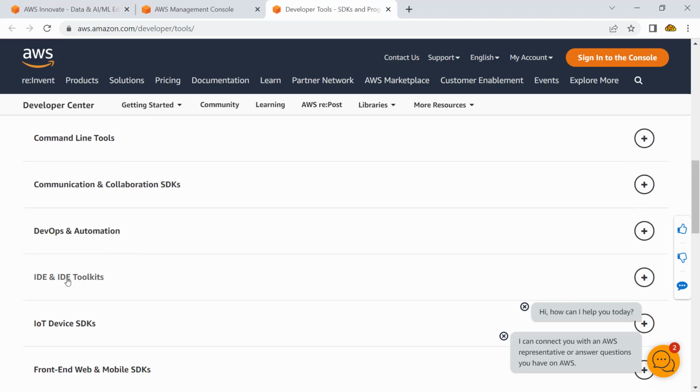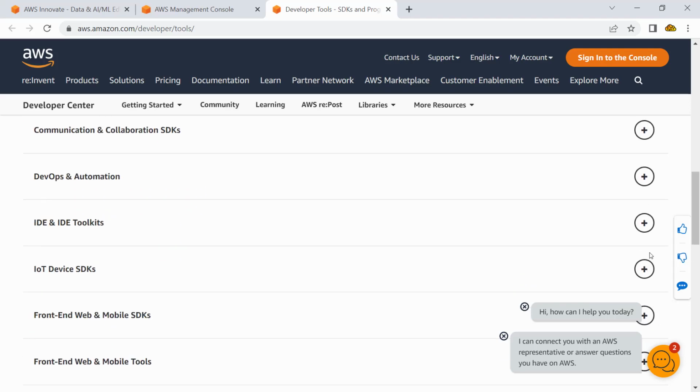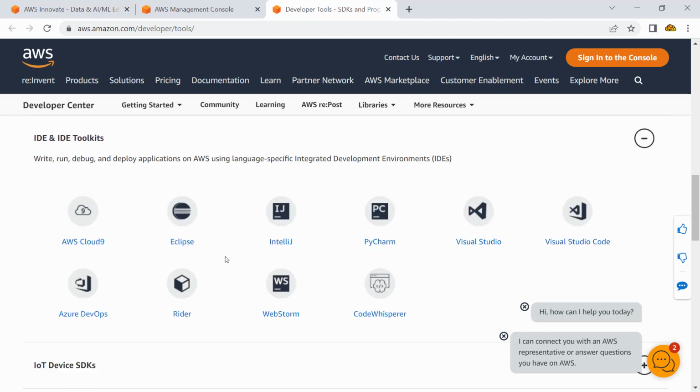I am looking for IDE toolkits. Let's say I am a developer utilizing Java, Eclipse for Java, maybe I'm using PyCharm for writing Python code, or I'm a Visual Studio developer, so I could get these toolkits, get them configured, and it would make my life much easier.